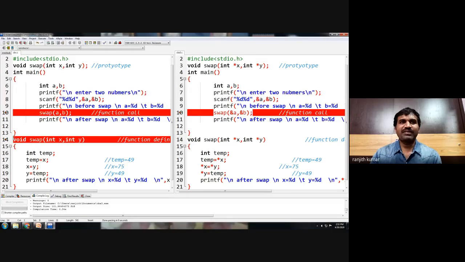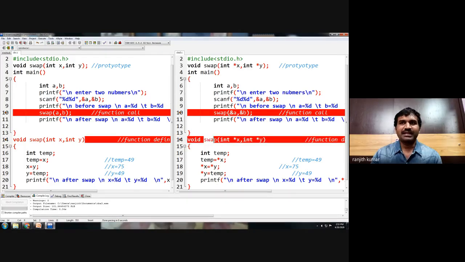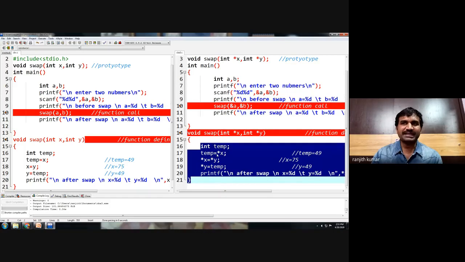Here in the call by value, variables values are copied between actual and formal. Whereas in call by address mechanism, the address is stored in a pointer variables. And using a pointer variable, you are able to access the data of A and B from the swap function.